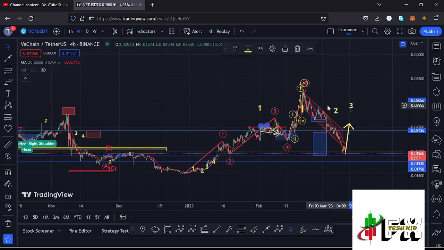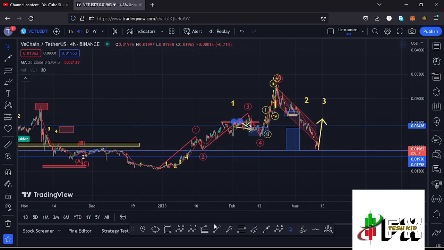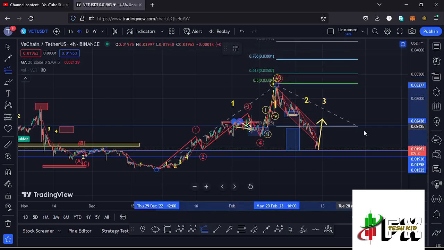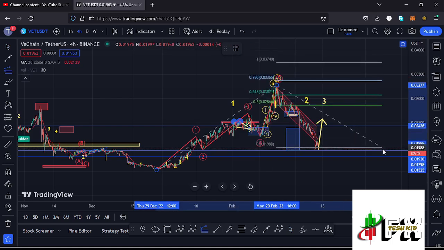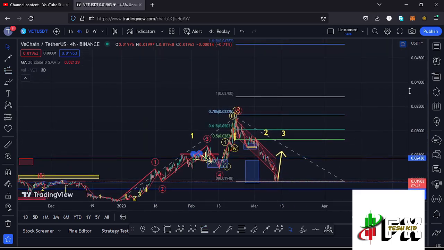And assuming that Vechain is not going to give us one more leg down to the lower side in the formation of these larger Elliot wave count 2, we can sketch out a target area to the upper side in the formation of that wave 3 by connecting the trend-based Fibonacci from the low of the first wave down there to the high of the first wave, then dragging the fibs to the low that we have at the moment in the formation of this wave 2,